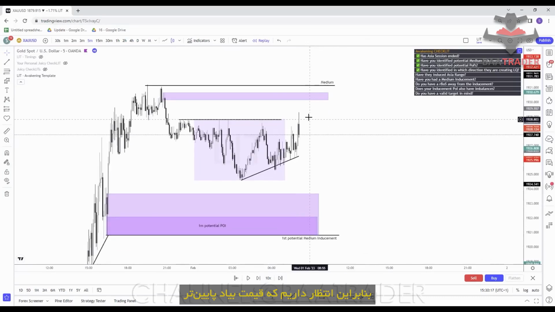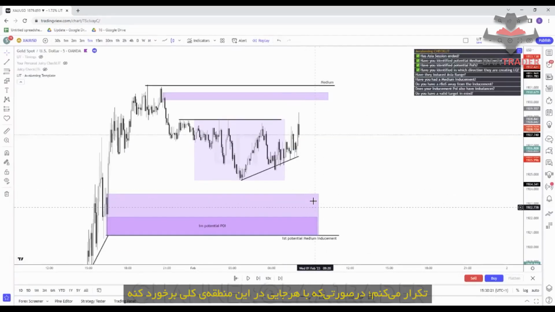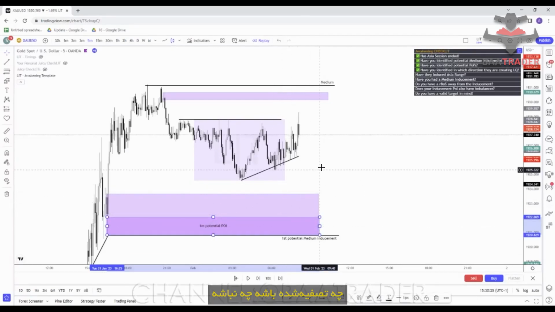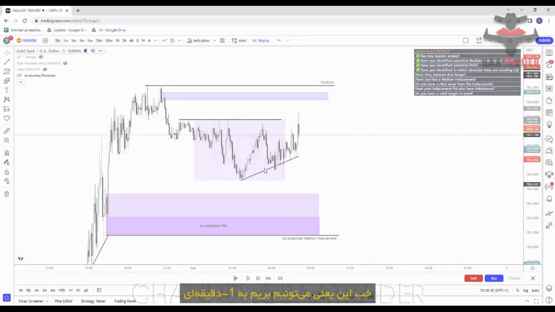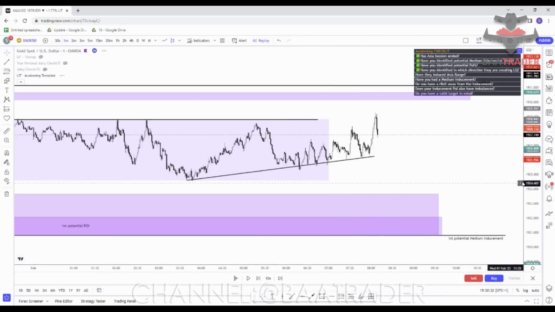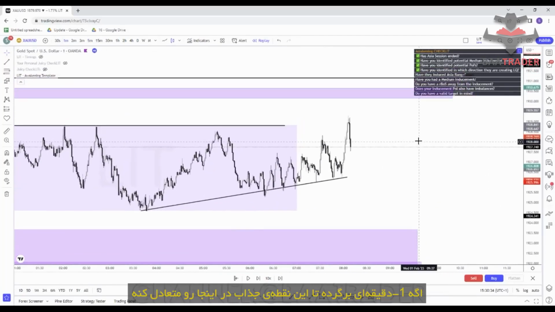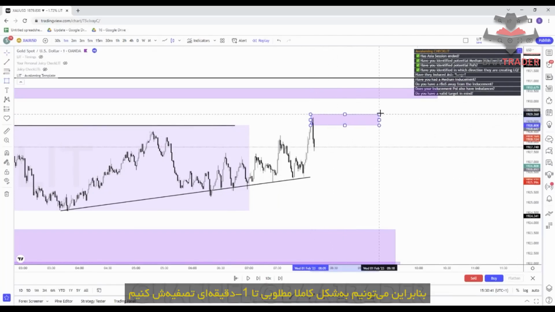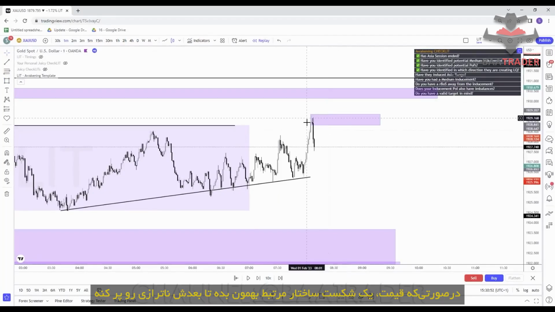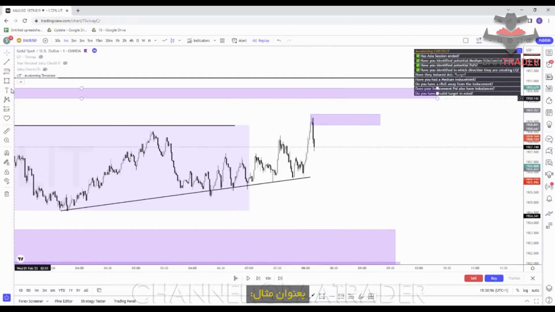So potentially expect price to come lower. Again, if it hits anywhere in this overall zone, whether it's refined or not, we still need to wait anyways. So that being said, we can go on 1M. If 1M does actually come back to mitigate this POI over here, we can refine that quite nicely to a 1M. If price does give us a relevant break of structure, only to then mitigate, for example,